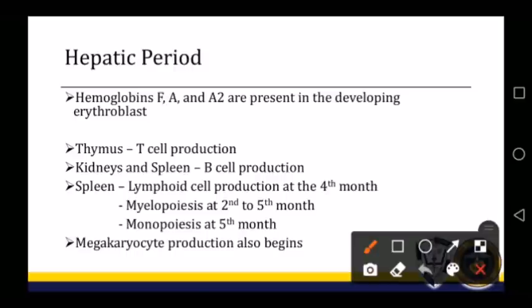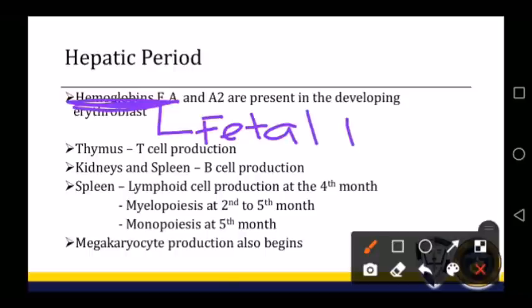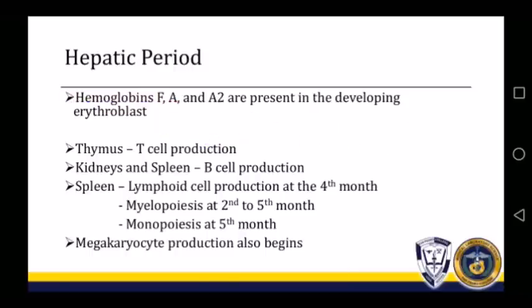In the hepatic period, though, mas prominent si hemoglobin F. Hemoglobin F is also called as fetal hemoglobin because kani siya nga hemoglobin ang prominent sa ato ang fetal life. As we grow old, si hemoglobin A na ang maging prominent. So again, si hemoglobin F is only prominent during our fetal life. But as we grow old, inigawas na to especially, mag-increase na ang amount ni hemoglobin A until siya na ang